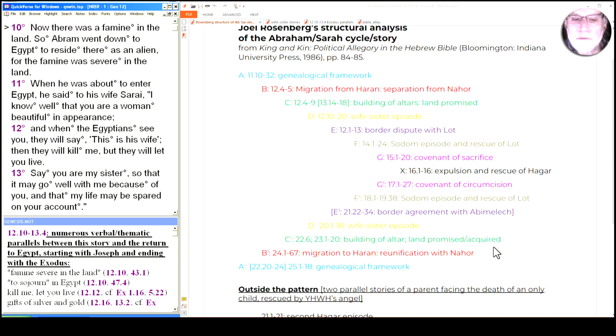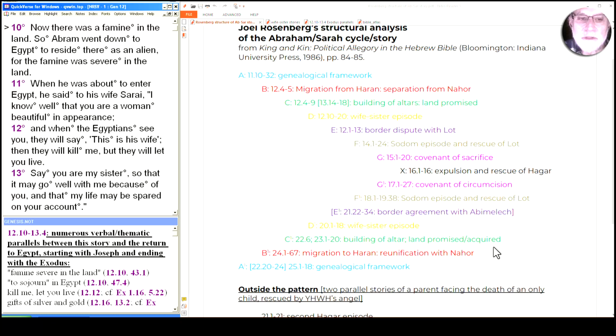So, as on the right side of the screen, as you can see, we're looking at the bigger picture from Rosenberg in this entire section. Not exactly a chiasm, but a structural shape, because he's trying to note the combination of cycle and story, of how different authors' sources have been put together into one general framework.